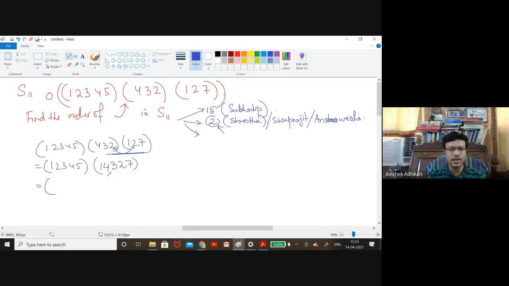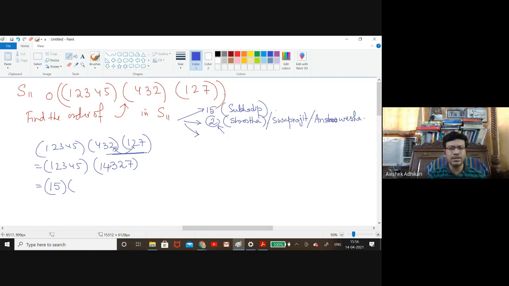Now you can see that the 3 is at least common to many of it. Okay, start with 1. So 1 goes to 4 and then 4 goes to 5. Very good. Then 5 goes to 5 here and 5 goes to 1. That means it's closed already. Again, I am repeating. 1 goes to 4 and here 4 goes to 5. So ultimately 1 goes to 5. Now then start with 5. 5 goes to 5 here because it's not present here. That means 5 goes to 5 and then here 5 goes to 1. That means ultimately 5 goes to 1. That means the cycle is closed.